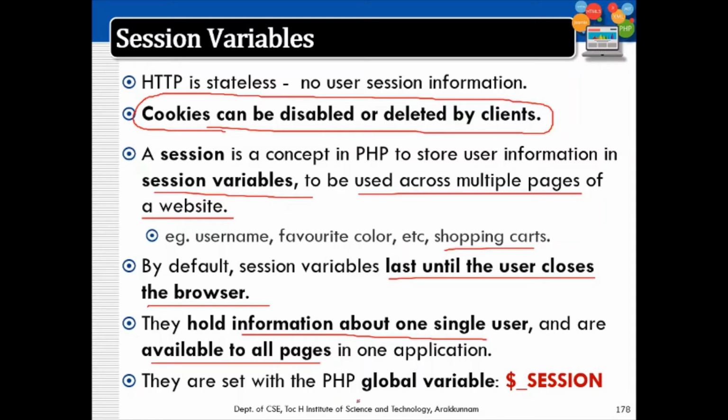Again, we can use a super global variable, $_SESSION. So we have learned different super globals now. For forms, we have used $_GET and $_POST. For cookies, we have used $_COOKIE. Remember that all the super global arrays are arrays and their names should be in all capital letters. So here is another super global, $_SESSION. This is again an array which stores the session details.